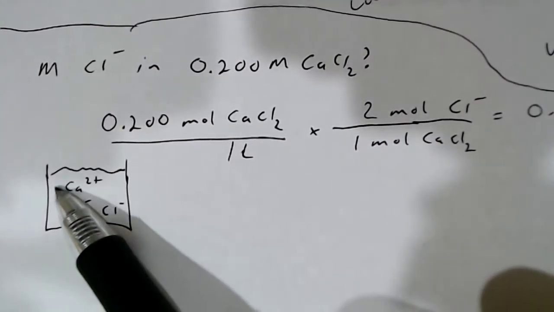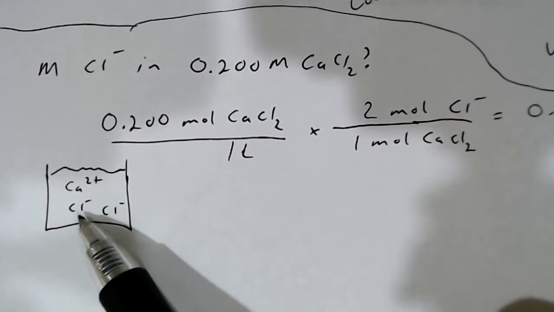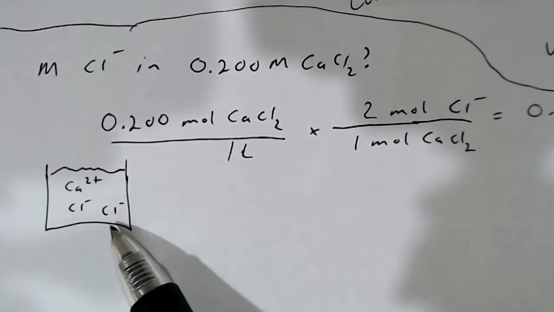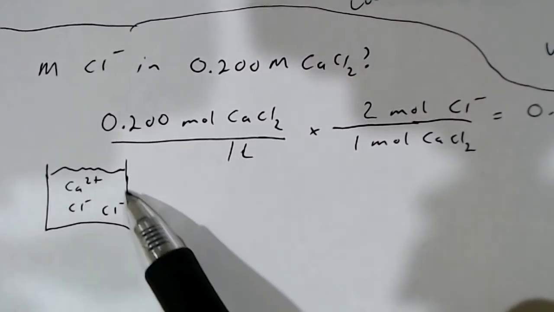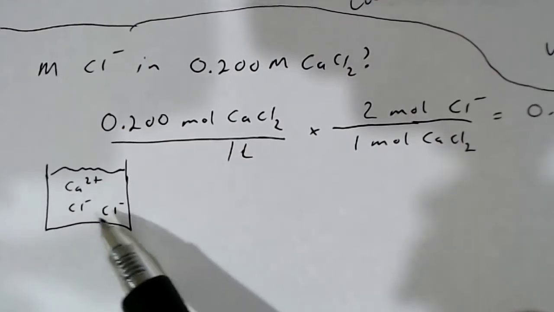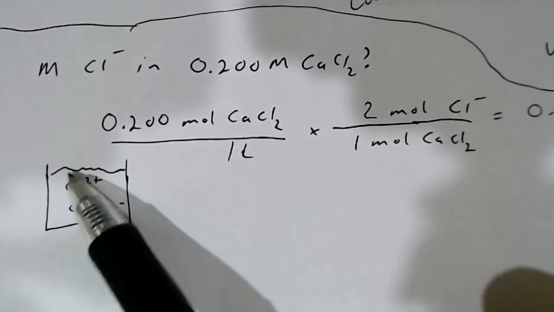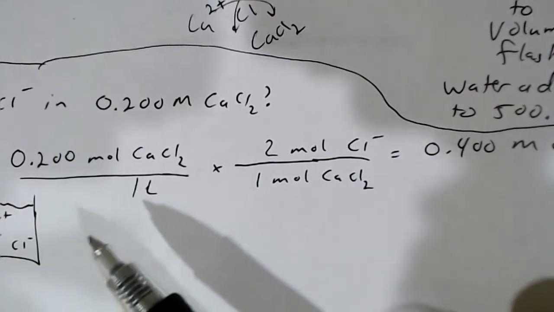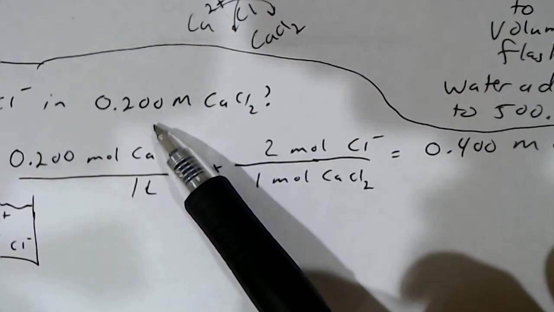For every calcium chloride, there's one calcium and two chlorides. So if we want to know the molarity of chloride there, it should be twice the molarity of calcium chloride. There's two chlorides per calcium chloride. So we can solve for that mathematically by saying, if we have 0.20 molar, it's